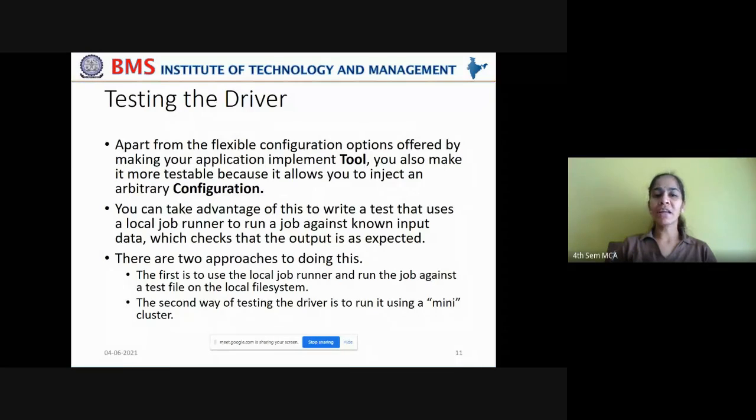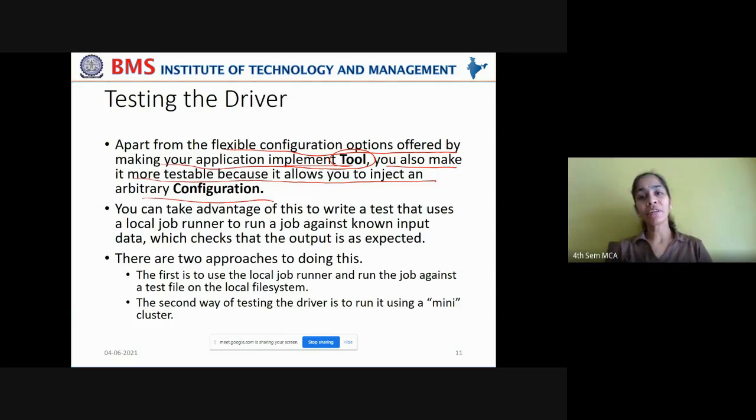Now, how to test the driver? Apart from the flexible configuration options offered by making your application implement the Tool interface, you also make it more testable because it allows you to inject an arbitrary configuration. You're able to inject some arbitrary configuration properties through your command line to check whether they can be properly assigned to the resource files or not.